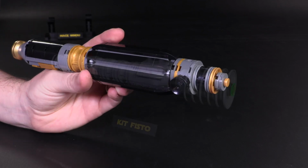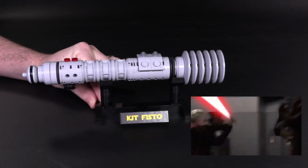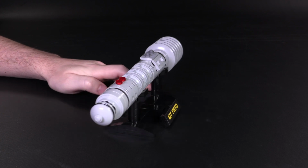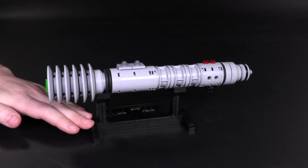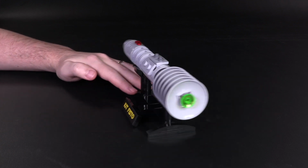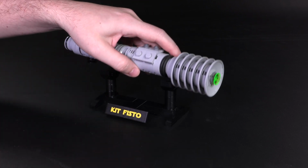Okay, let's check out Kit Fisto's lightsaber next. He ultimately fell against Palpatine as well, but had many triumphant moments as a Jedi Master throughout his lifetime. What makes this hilt unique compared to some of the others is it has some of the least color variation out of all the models out there. Aside from the couple thin black lines, this whole hilt is just silver in universe, or light bluish gray here